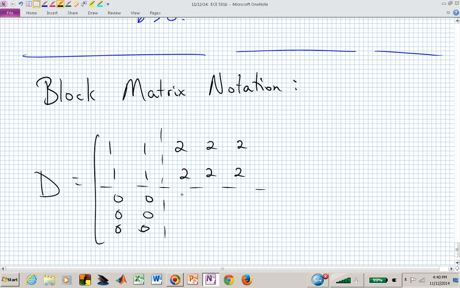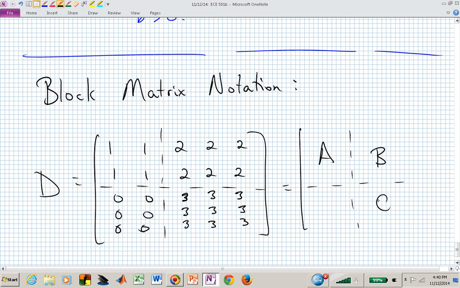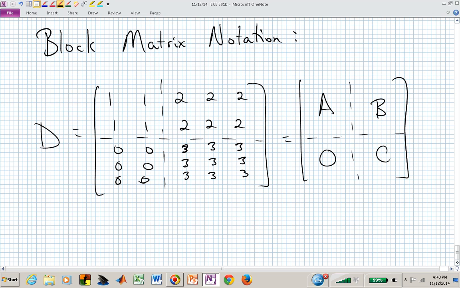And maybe this is 3, 3, 3, or 3's in those 9 elements of the lower block. We are going to refer to that as a matrix that's A, B, C, and 0. That's a block matrix notation,